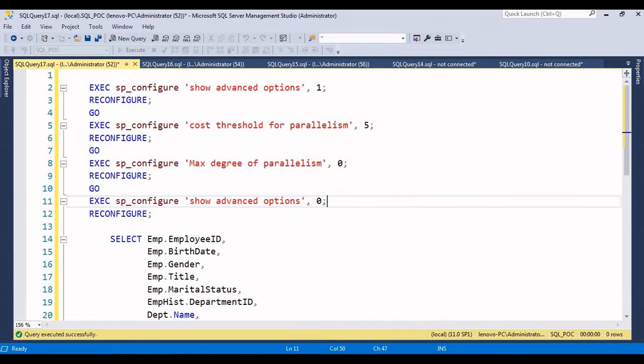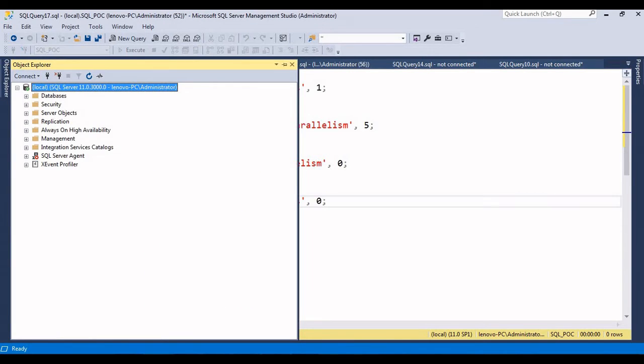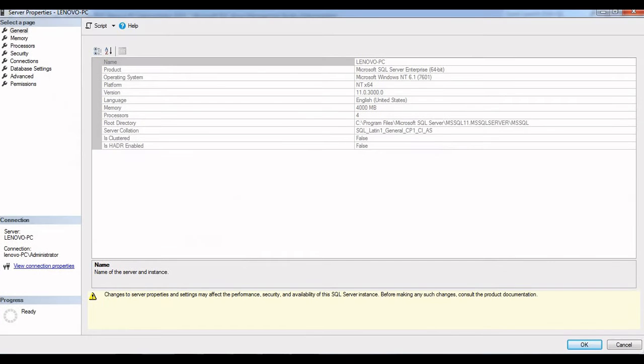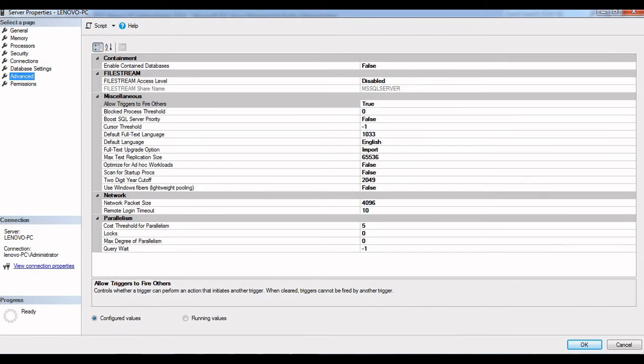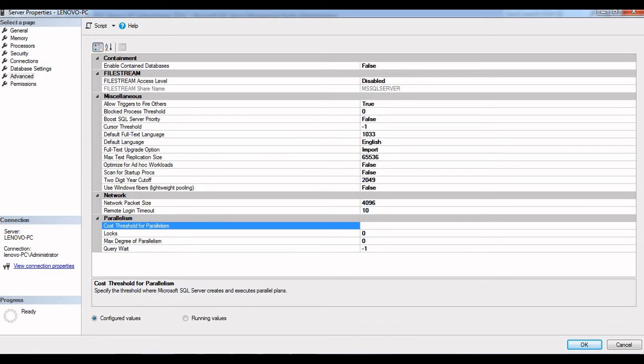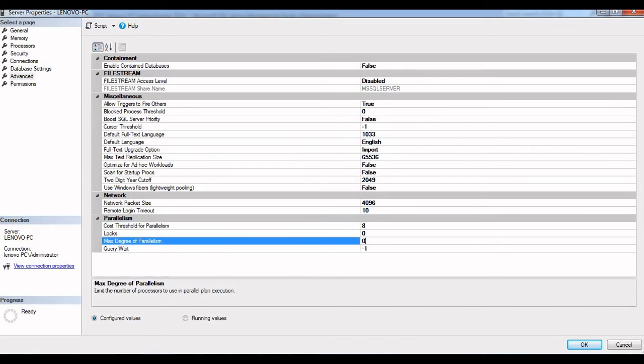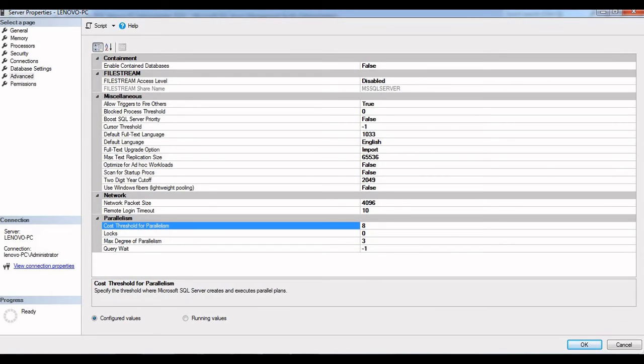So far we have done it by using sp_configure, but this time we'll try to change it from the UI, and from here we will validate whether the changes are reflecting or not. Now I am trying to set cost threshold for parallelism as 8, and this time I'm trying to set max degree of parallelism as 3.